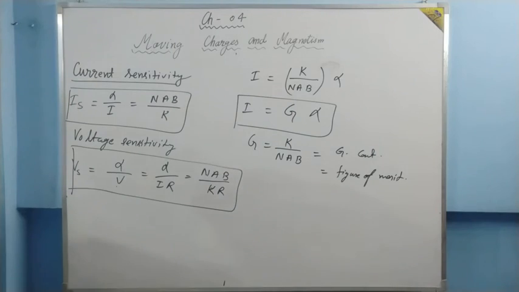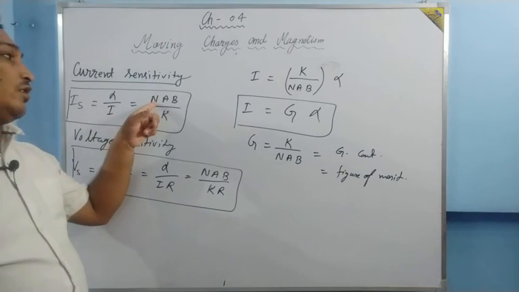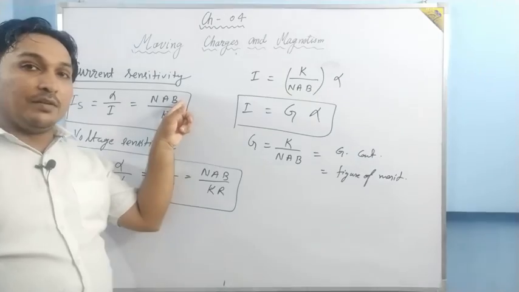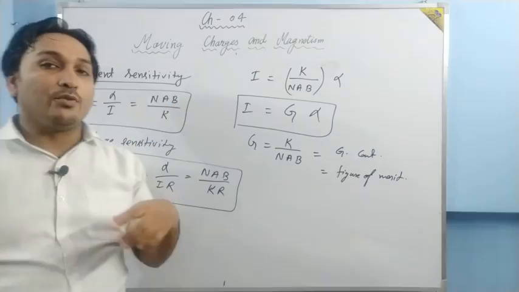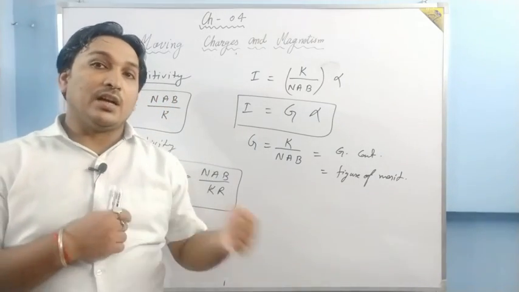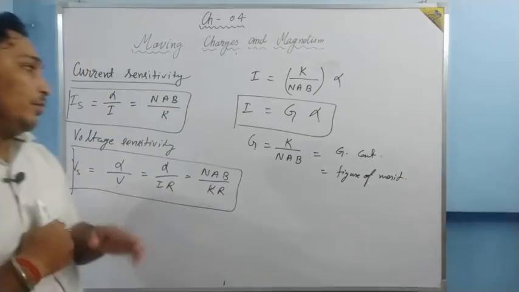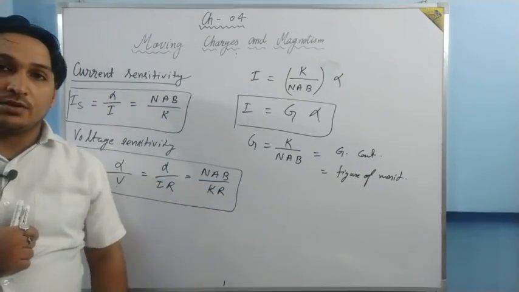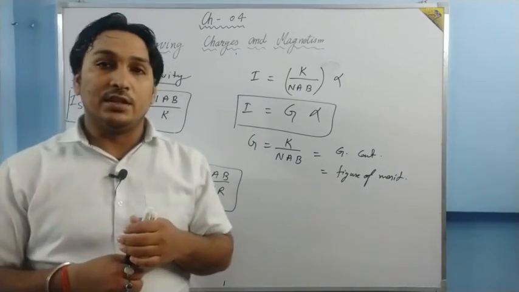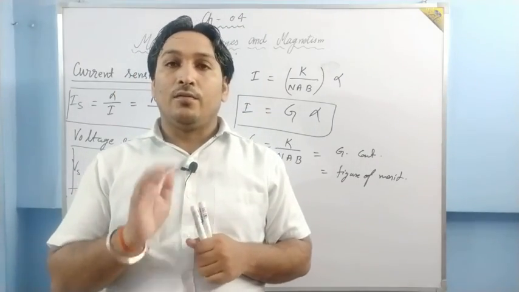Now, if one asks how the sensitivity of a galvanometer should be increased, from this factor, the number of turns can be increased, the area of the coil can be increased, the magnetic field can be increased, and you can relate the torsion constant with the hardness of the material of the spring. If the material is hard, then K is more. If the material is light, then K is less. That is why the spring was taken. Because K is less, current sensitivity and voltage sensitivity are higher. So this is all for the galvanometer.